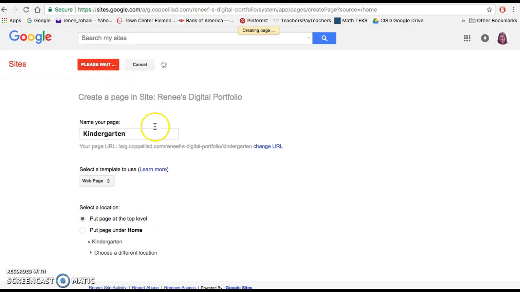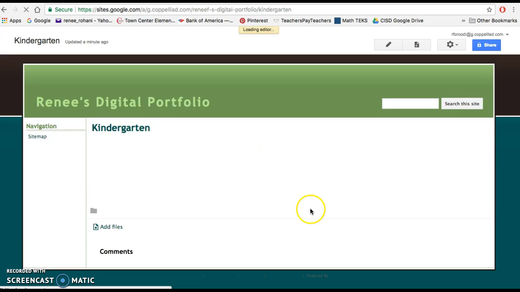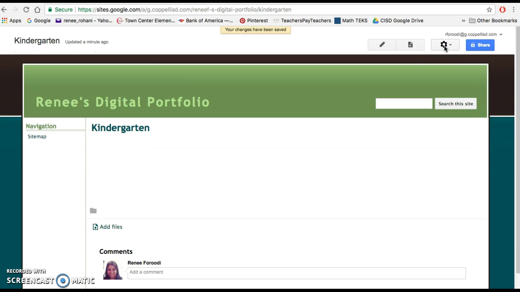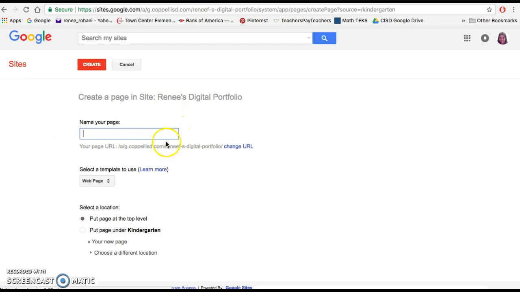So you're going to be doing this multiple times. You're going to be typing in the name of the page and then pressing create. It's not going to show up yet on the navigation over here. We'll do that later. There's nothing we need to put on this page yet, so just press save. So we're going to do this quite a few more times with each of the pages. We just made the kindergarten page. Now we need to go back to create page and this time make a